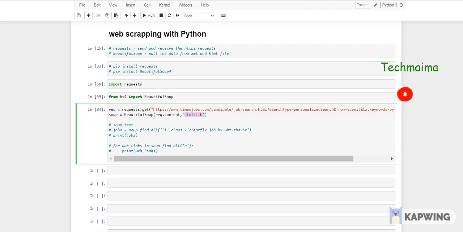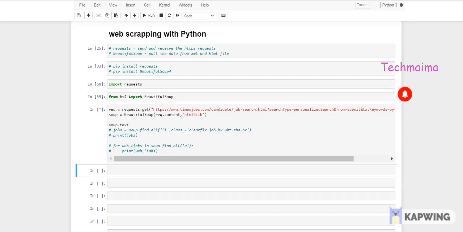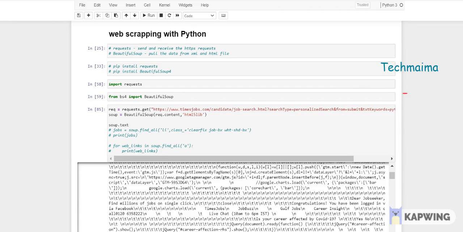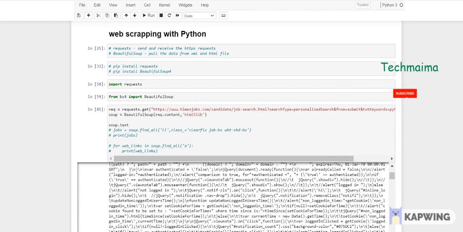At that time this parser might have changed, I mean the version might have changed, so you have to check accordingly. You have to use it if it is throwing you an error. So till this part is done, what you can do, if I give soup.text, it will give all the content in text format, whatever is available in the web page. Wait for a minute. So here is the response. If you look at this, all the text that is available.